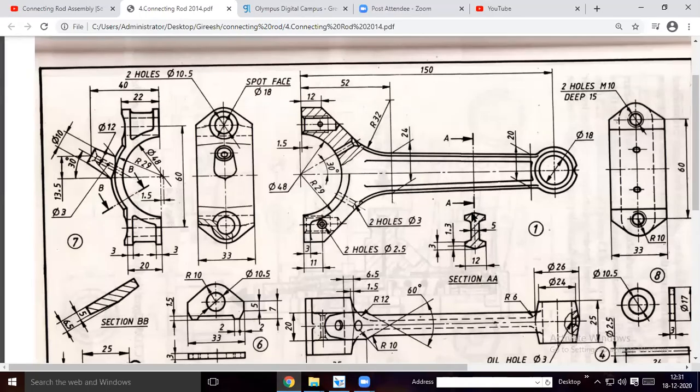This sketch. So here at this point the height will be 24 mm. Height will be 24 mm means I will start from the midpoint, so this will be 12 mm.